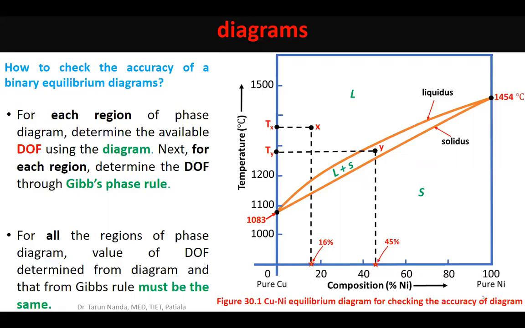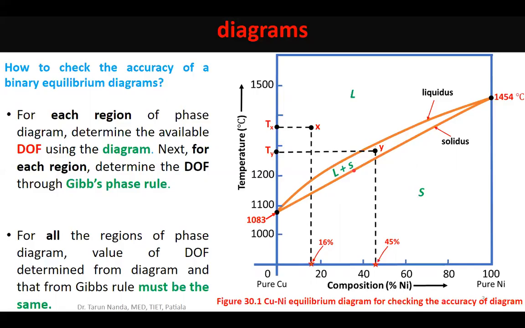One single phase region is above the liquidus line, where we have liquid solution. Then we have another single phase region below the solidus line, where again we have a single phase region, solid solution of copper and nickel. And third is this intermediate region where we have two phases, a mixture of liquid solution